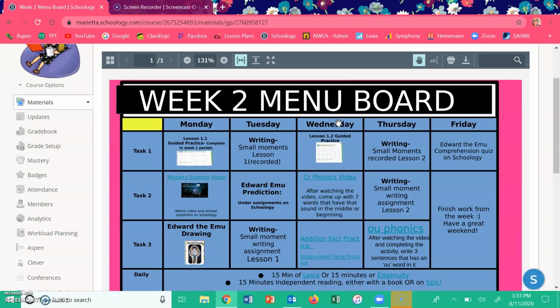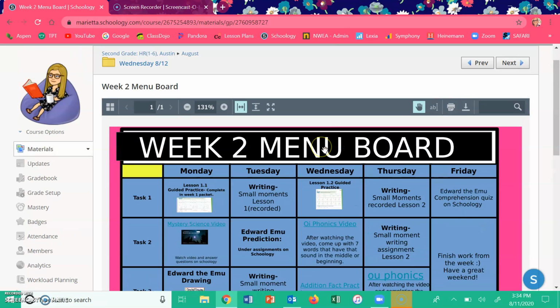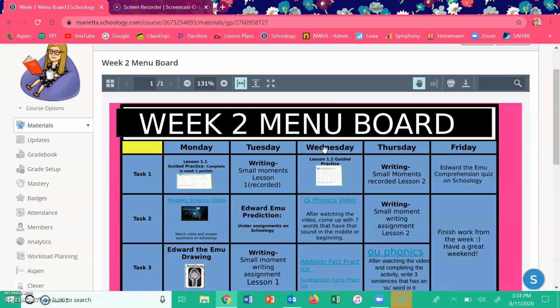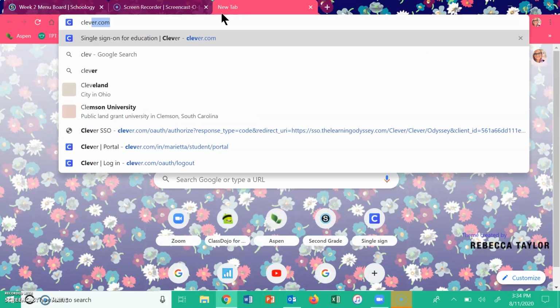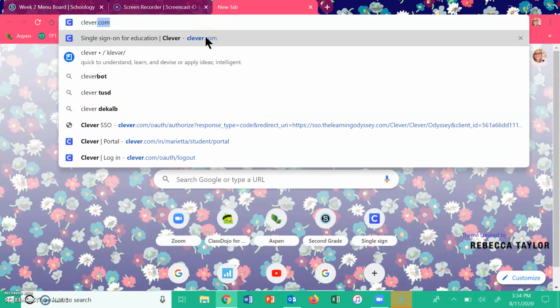So I'm going to show you what you can do instead. This is shorter. Instead of doing a bunch of worksheets, you can do it on the computer, and it's only 5 questions. So when you go on to Clever,